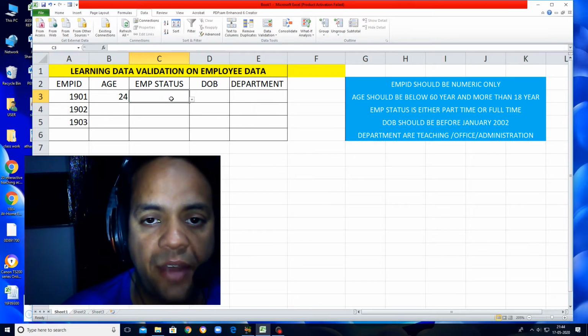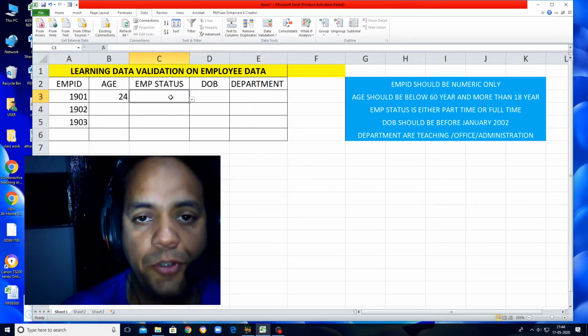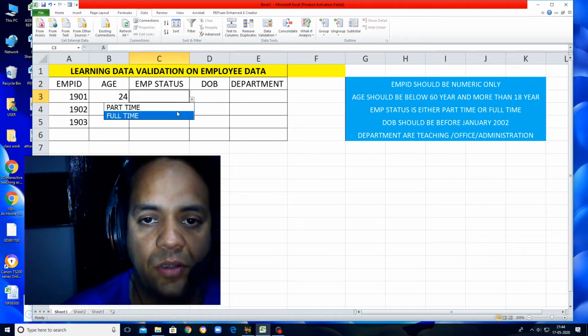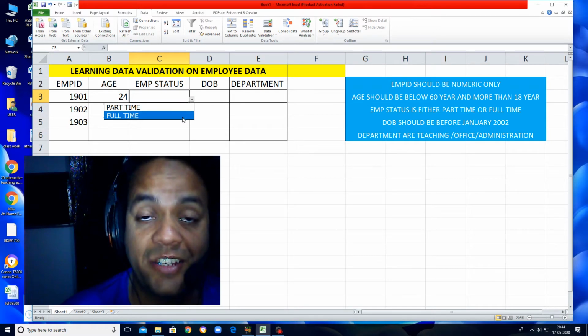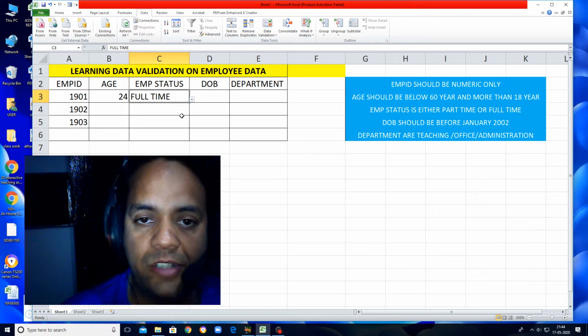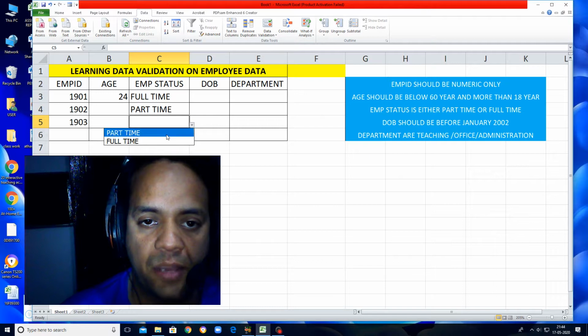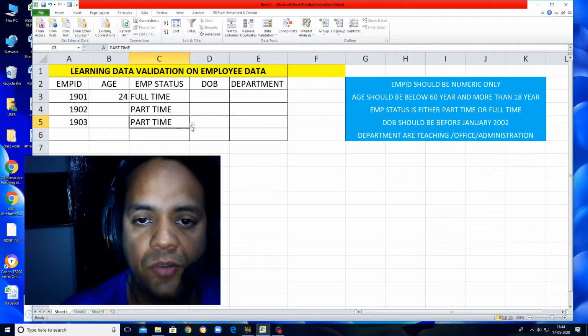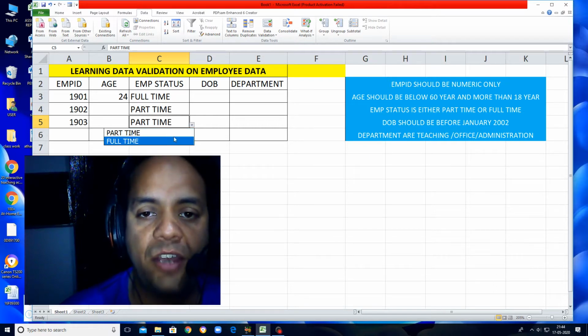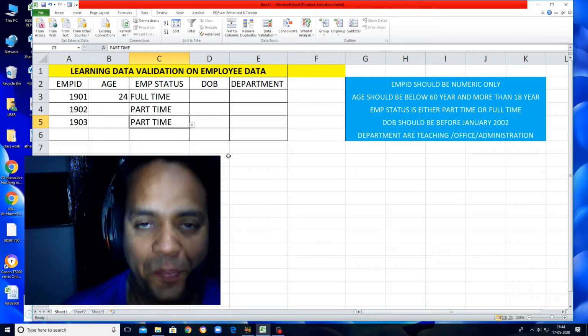So when you apply list validation, see children, you don't need to type. You just click, and this list appears. So just click on full time. Suppose this employee is full time, this employee is part time, this employee is again part time. So your choice. From the list you need to choose the values, you don't need to type.